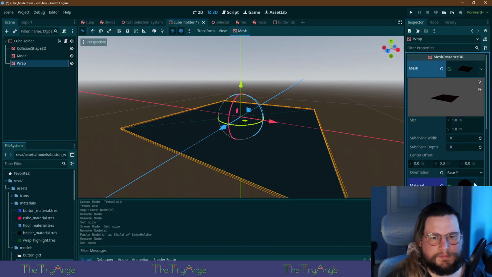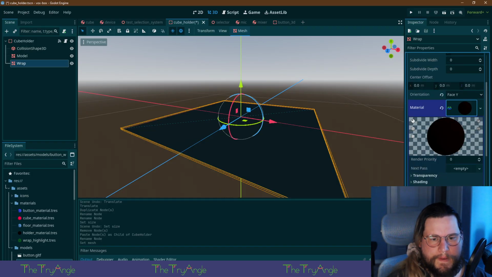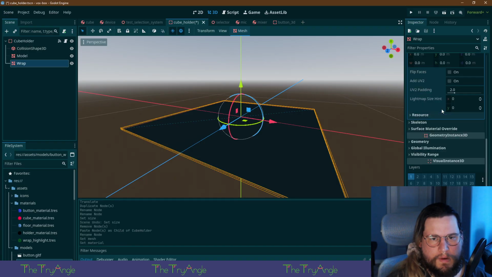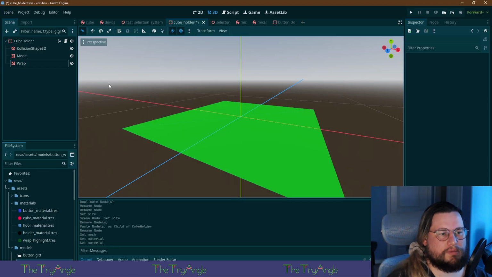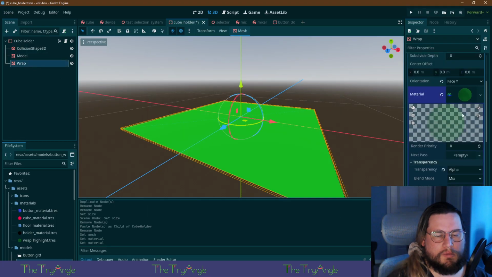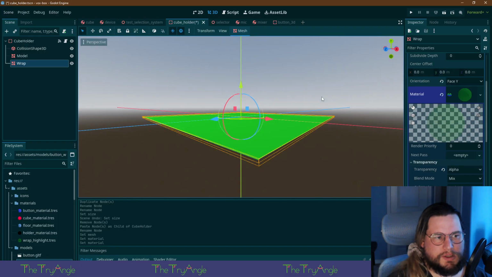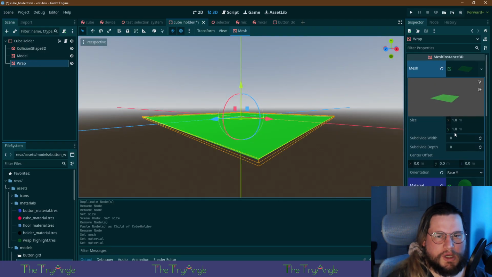Okay. There it is. Quick load, wrap material. The wrap is... Actually, I wonder.